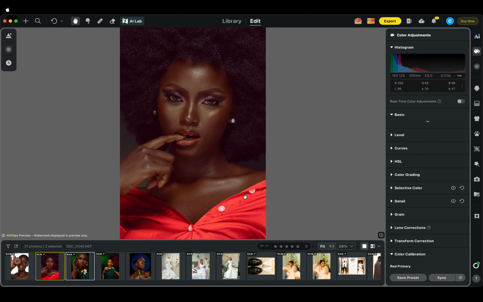So for example, if I want to do something on only our clothes, I can come to mask this circle here, click on plus, and then